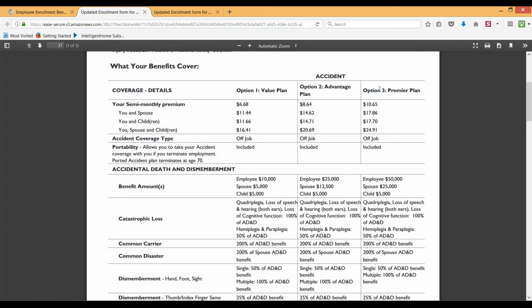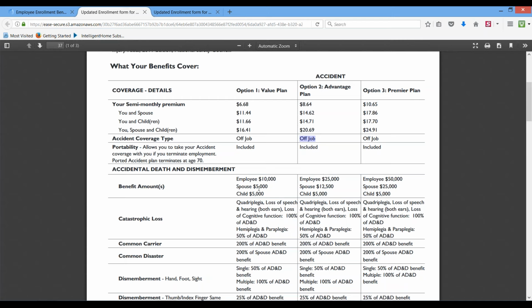Now, all of these accidents are not things that are covered at the office, because that would most likely be workers' comp. You can see here it says off the job. So the best way to think about this is, let's say you are in your backyard cutting down a tree and it falls on your leg, accident. You decided that you want to take up skateboarding again. You haven't done it since you were 18 years old. You're riding down the street. You hit a parked car. Well, maybe you have a little more practicing to do on your skateboarding. But in either case, these are going to be covered as accidents under the plan, and depending on what happened in that accident, this is the way to look at it.